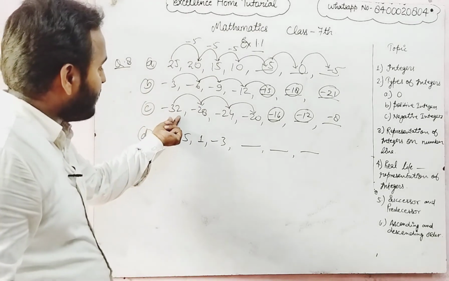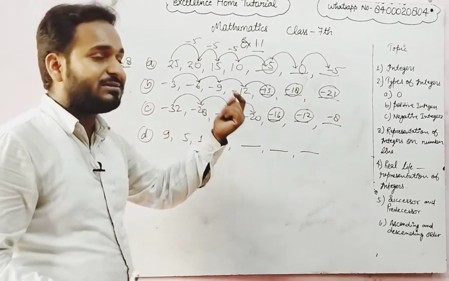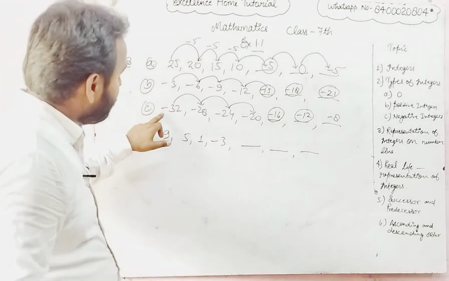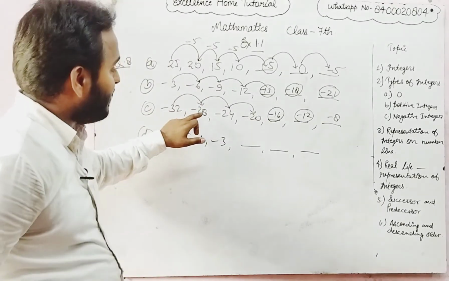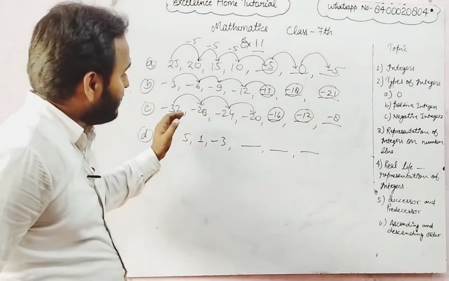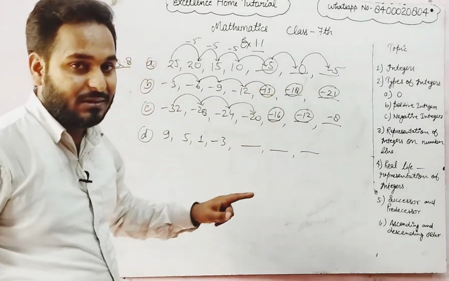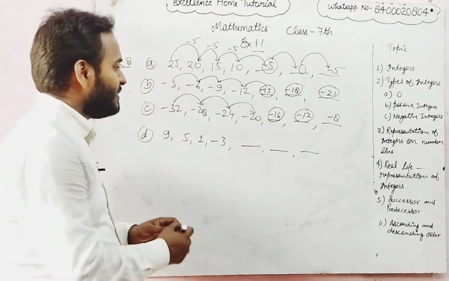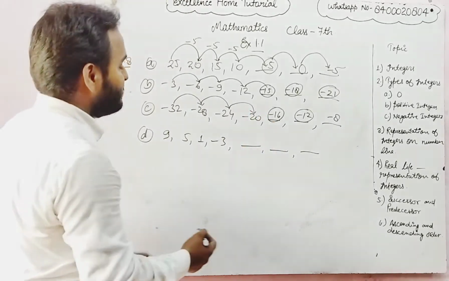इग्नोर करें तो हमें 32, 28 ये डिक्रीज करती हुई नजर आती हैं, लेकिन अगर साइन को ही देखें तो -30 इज लेस देन -28, लेस देन -24, यानी ये इंक्रीज कर रही है साइन के साथ, ठीक है ना। फिलहाल हमें साइन से कोई मतलब नहीं है, सिर्फ इससे मतलब है कि हमें सीक्वेंस कौन सा मिल रहा है।